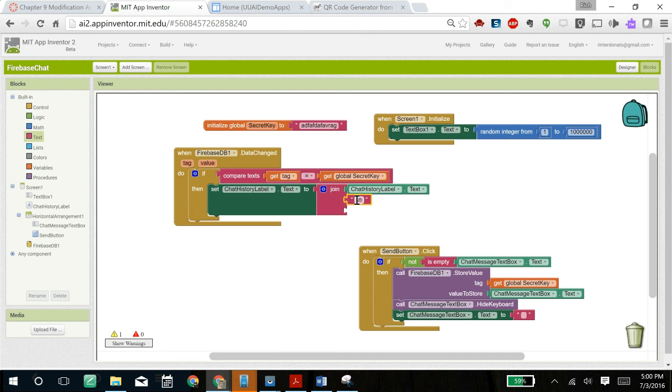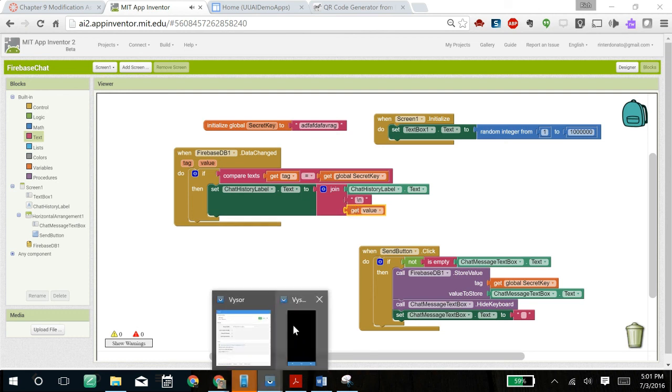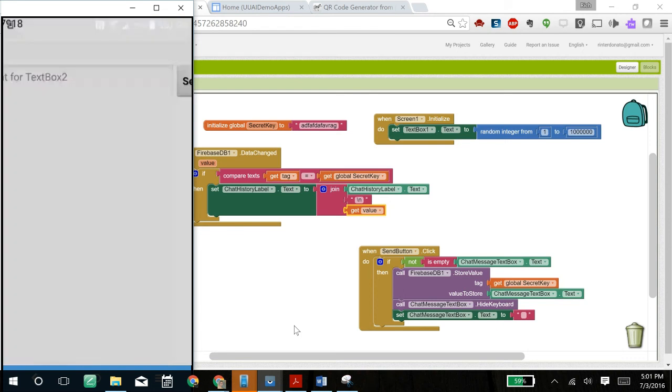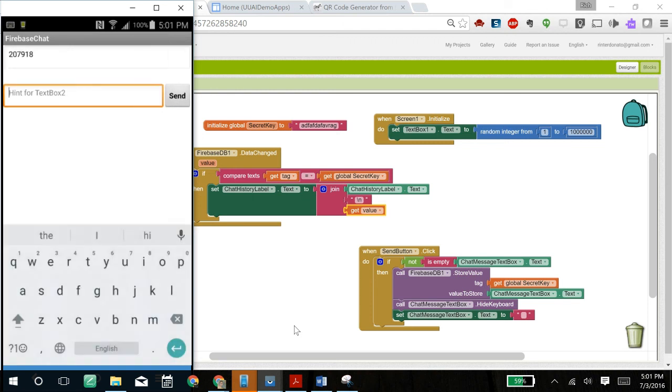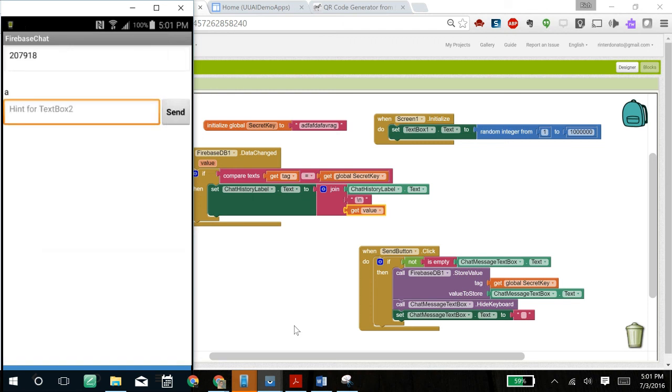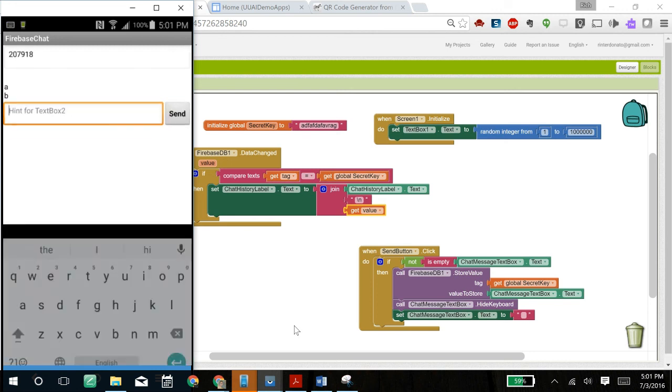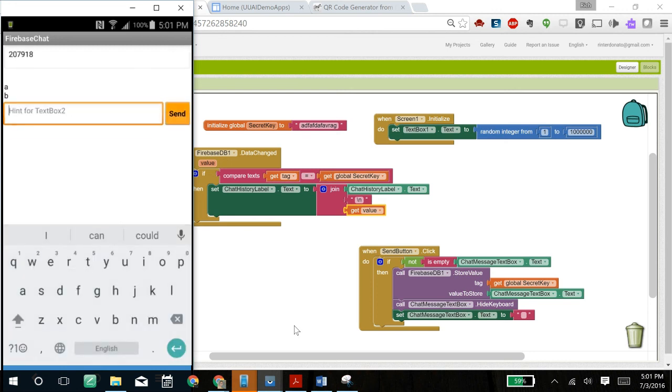And then finally, let's put in the value. So back to our app, we go here. Now when I go and add something, we go and say A, send, data changes, B, send, data changes, C,